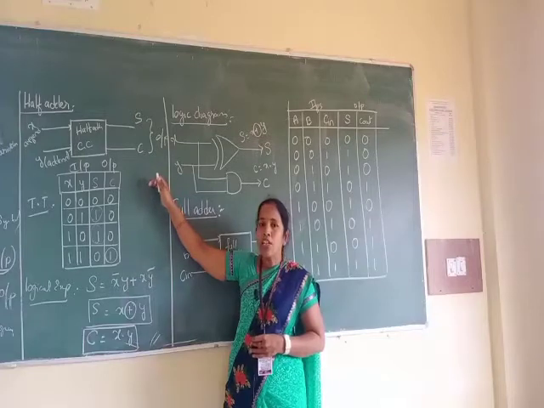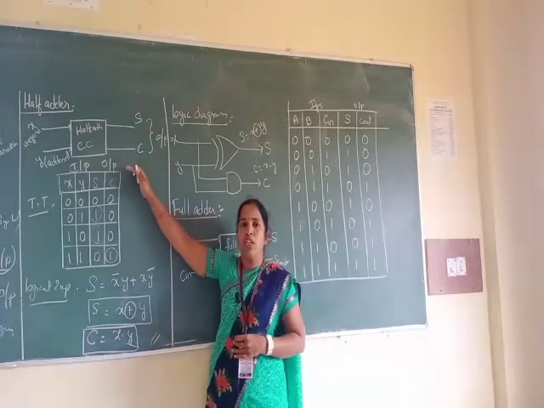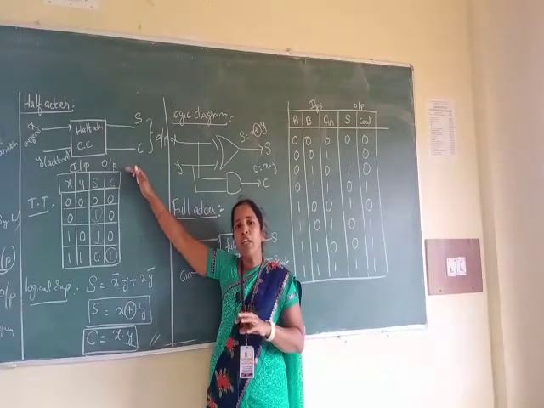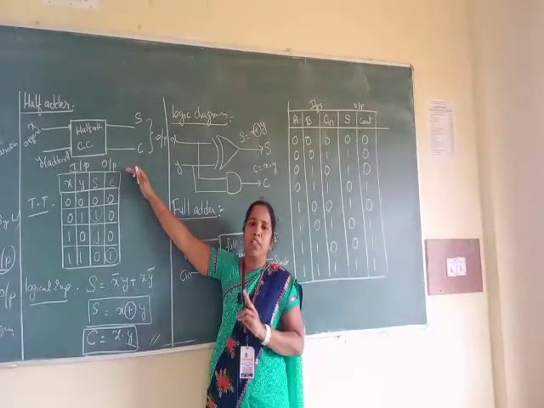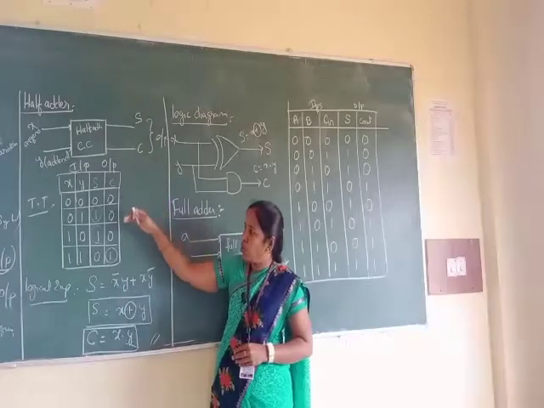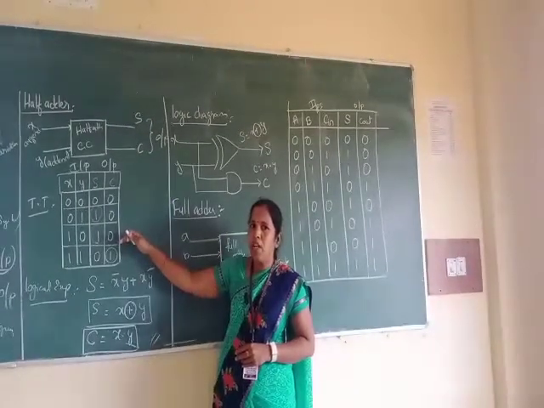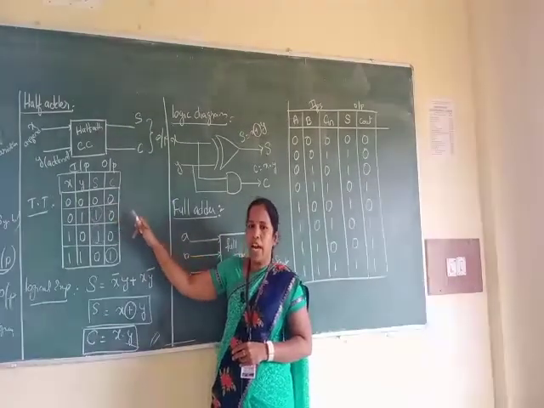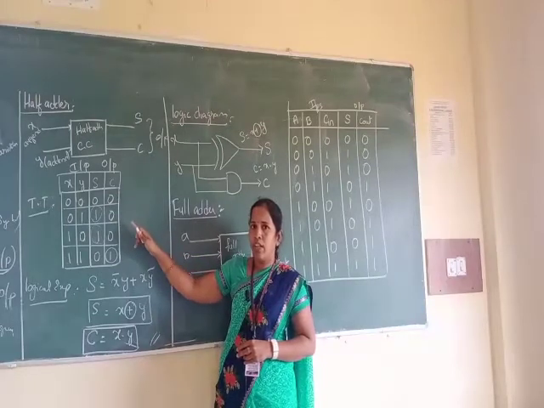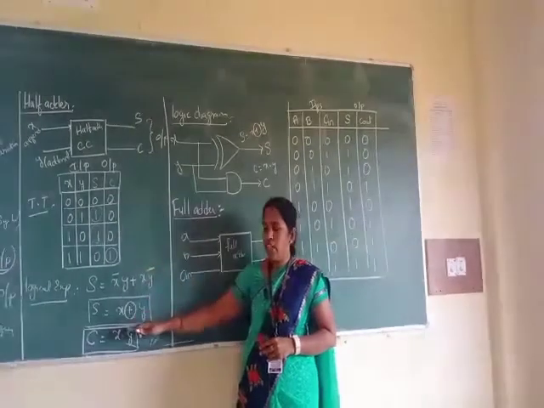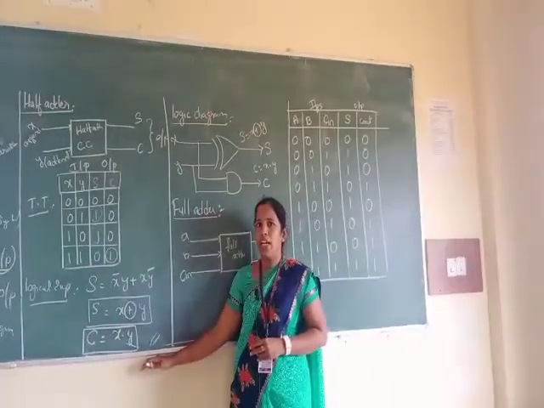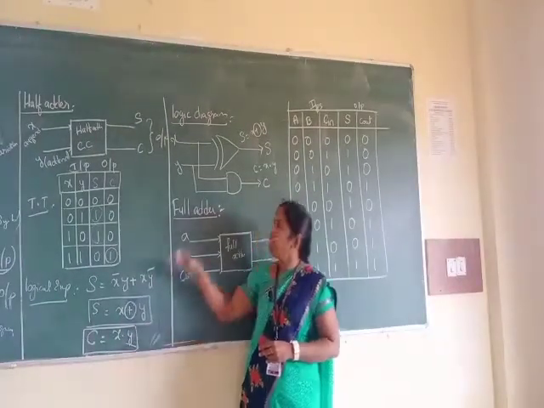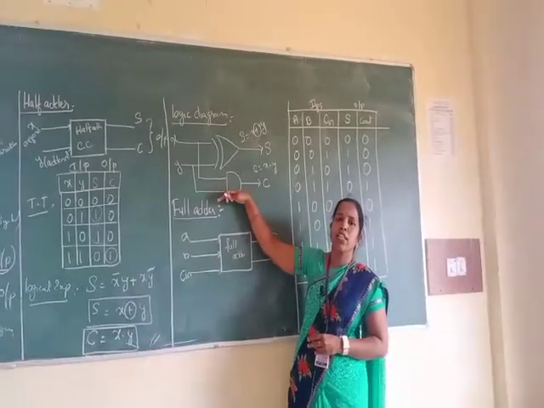And here it is used to perform binary arithmetic addition of two variables. So that is the purpose we are using. So using these two variables I am performing binary addition. So sum, carry is generated. Where it is going to generate the logical expression S is equal to X XOR Y, C is equal to X dot Y. So using these two expressions I have drawn this logical circuit diagram.